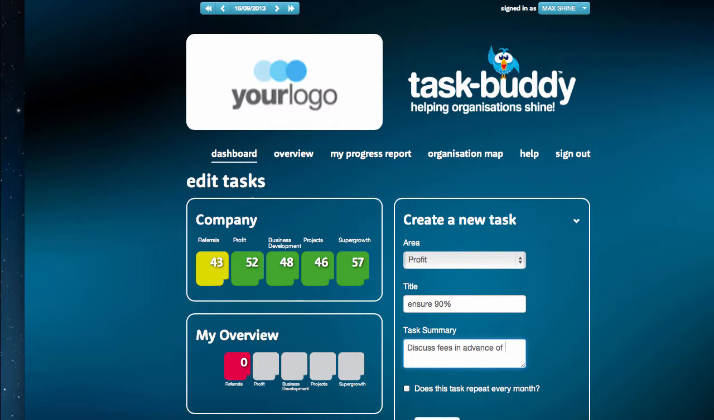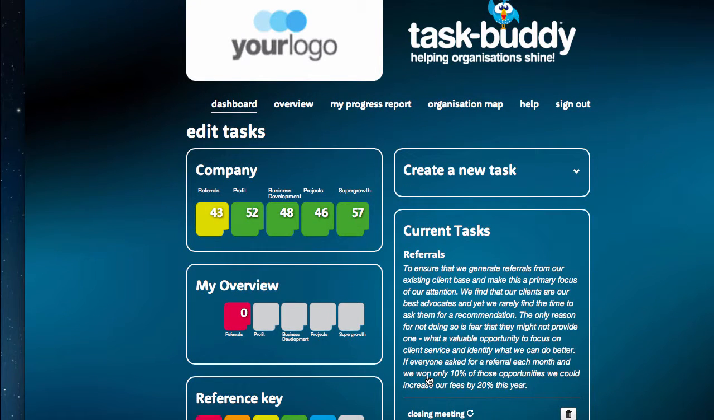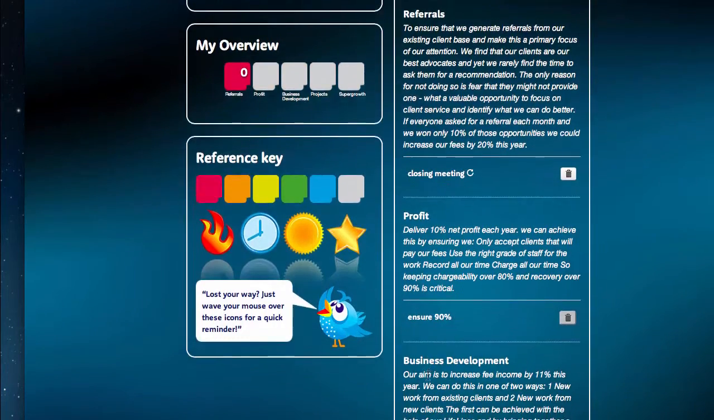So I put in the task summary. This is not something that I'm likely to do every month, at least I don't think so right now. So I'm not going to call it a recurring task, I'll just save that task. This will appear in my dashboard under the profit heading,